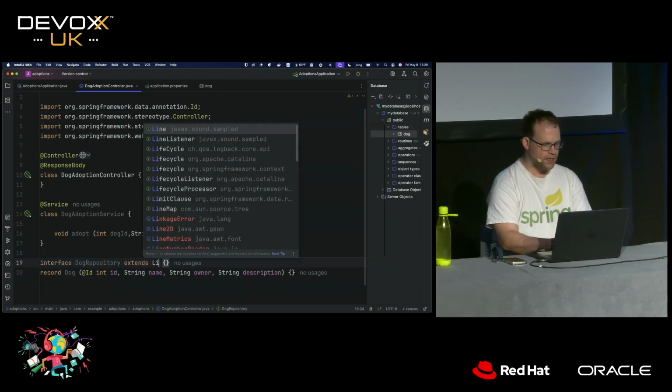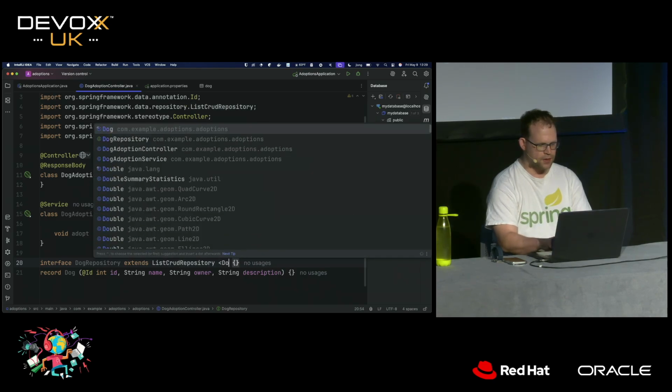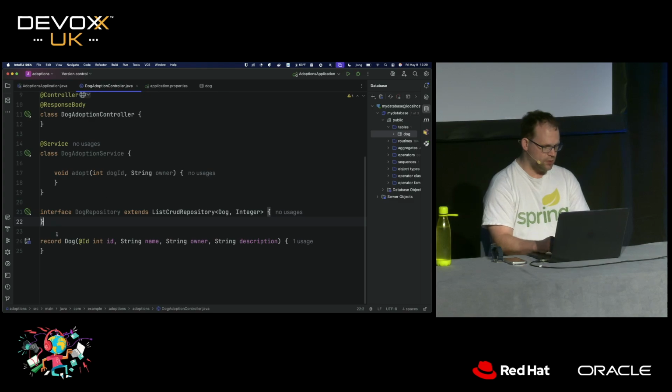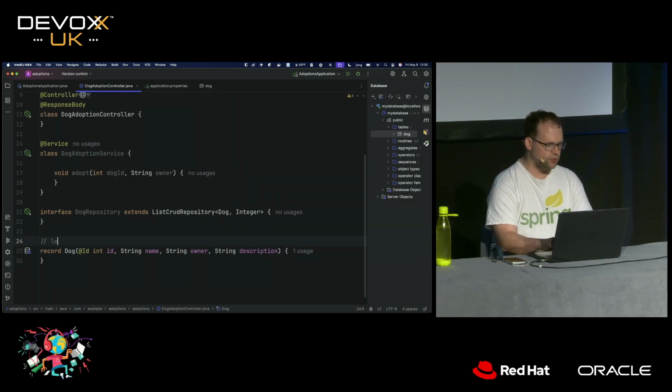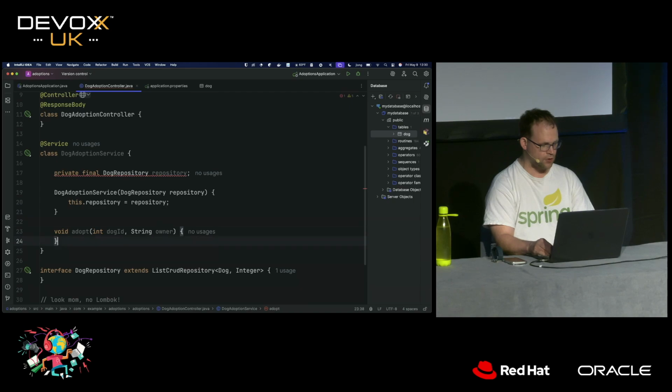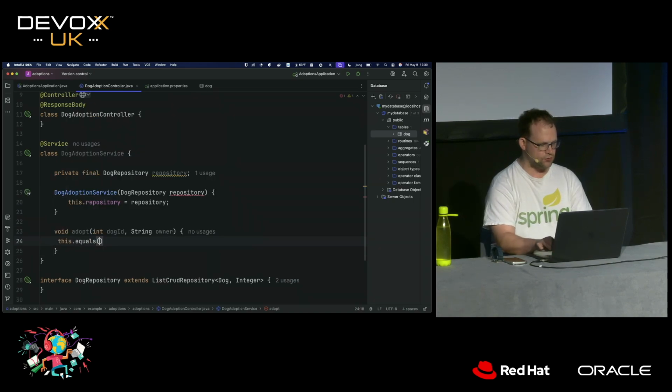This is going to be using Spring Data JDBC. I love Spring Data JDBC. You can use whatever you like, but I love Data JDBC, and I love records. I just love records so much. Big fan, okay? Now, we're going to inject this dog repository, add that to the constructor, and here I'll say this.repository